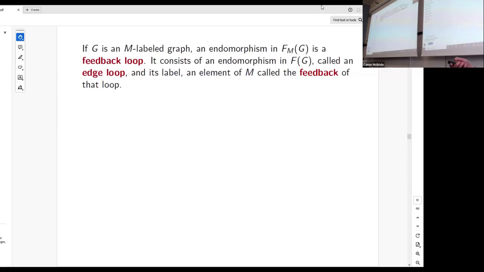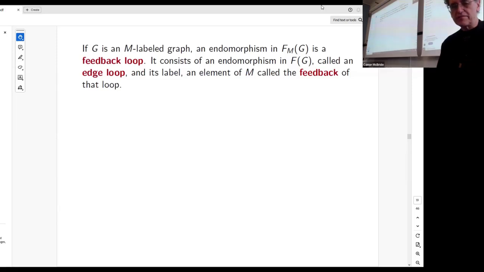So what is such a thing? Well, it will be an endomorphism in the free category on the graph, and that's just a loop of edges, or we'll call it an edge loop, but then it will be labeled by some element of M, which is the product of all the labels of the edges forming that loop. And that element of M is the feedback of the loop. For example, if M is just plus or minus, you just get two kinds of feedback, positive feedback and negative feedback. But M could be fancier, and then you get more